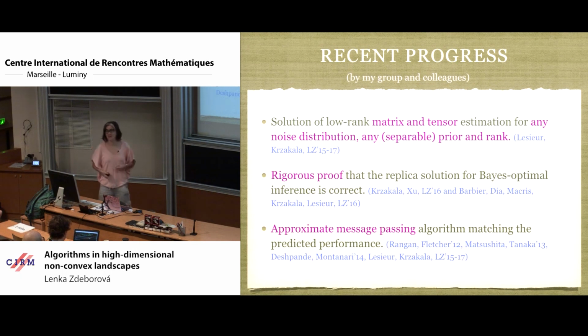The second point is that 40 years ago, the solutions in the physics papers of what is the optimal performance of this Bayes optimal estimator was derived using non-rigorous methods called the replica method, cavity method, and related. For the special case of these Bayes optimal estimators, their performance these days, we know how to prove that those formulas are indeed correct rigorously, so that's the second point.